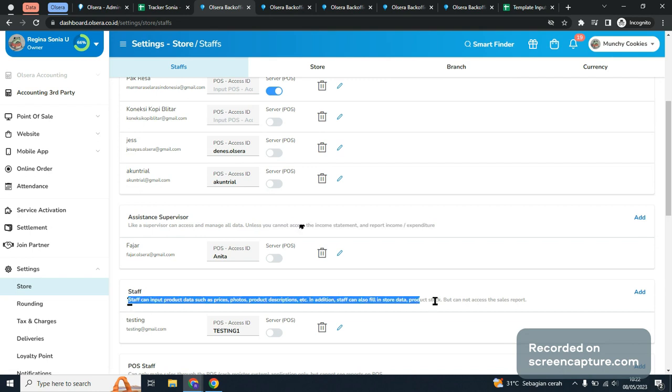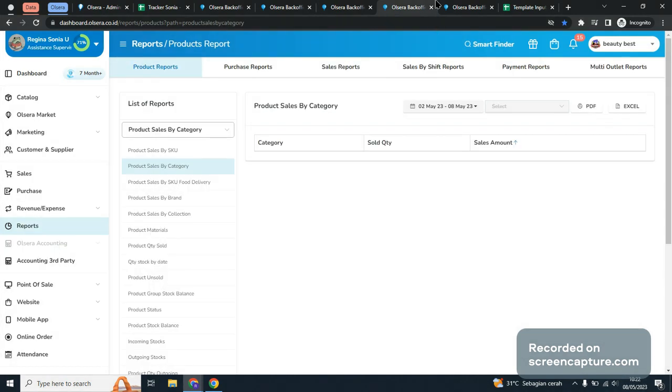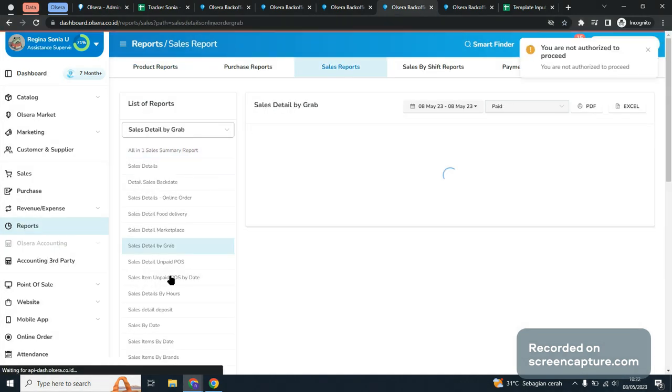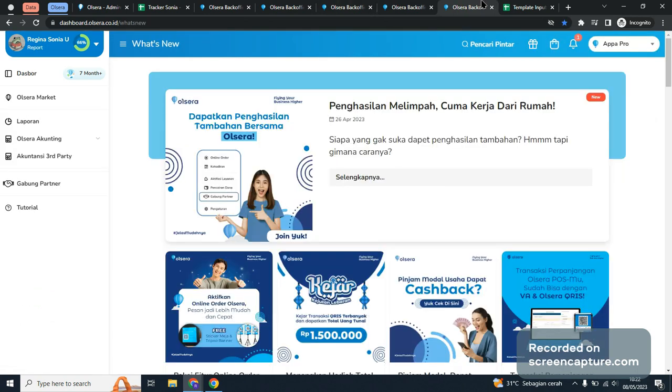For the staff, they can input data such as prices, photo, product description, and such things. But they cannot access the sales reports. So once they click here, they cannot see anything, just the same as the assistant supervisor here. You're not authorized to proceed. And the last will be the